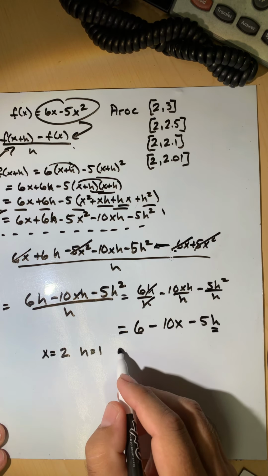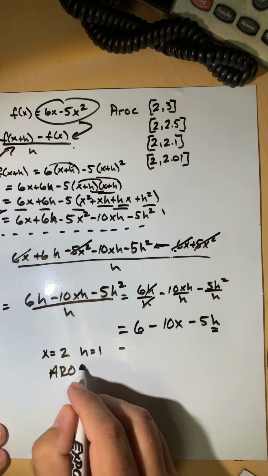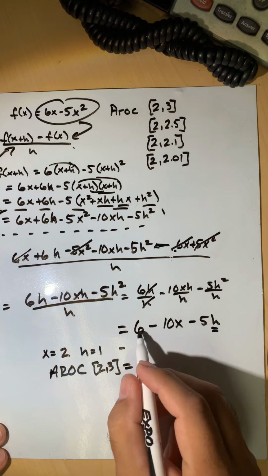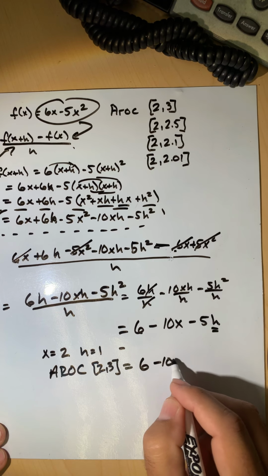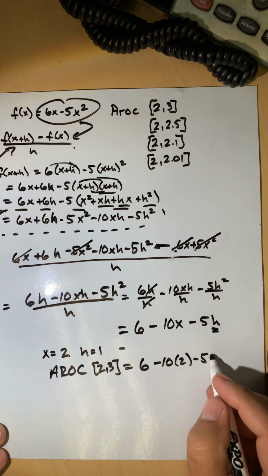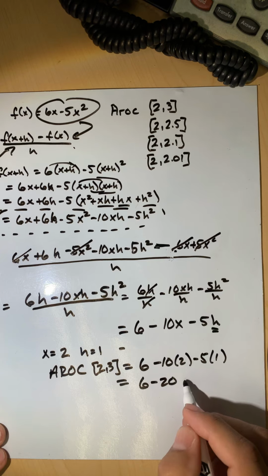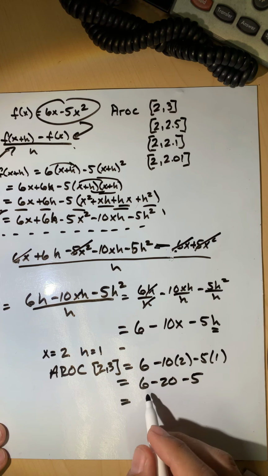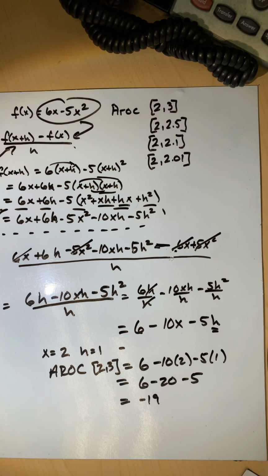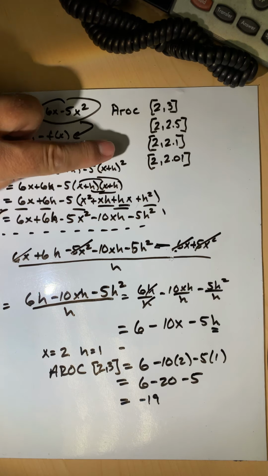So when I plug that in here, for the average rate of change on the interval from 2 to 3, that's going to be 6 minus 10 times 2 minus 5h, and h was 1. So what do I get? I get 6 minus 20 minus 5, which is negative 25 plus 6, which is negative 19. All right, well, what if I were to do that again